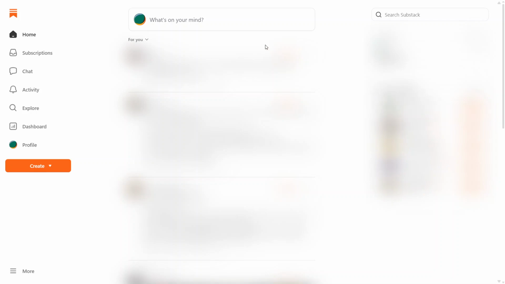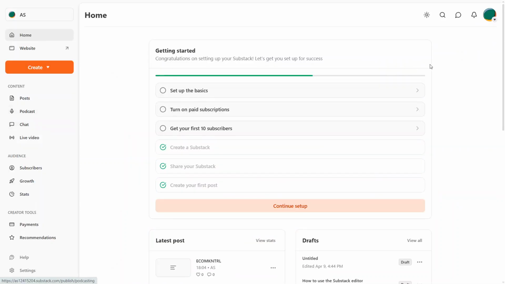First, go ahead and log into your Substack account using your usual login details. Once you're signed in, you'll land on your main workspace. On the left-hand side of the screen, you'll see a vertical menu. In that menu, look for the option labeled Dashboard and click on it. The dashboard is your central hub where you can see an overview of your publication and access the main tools